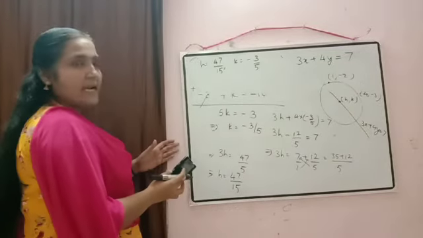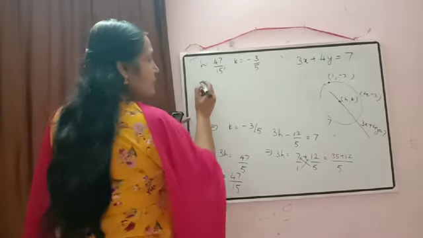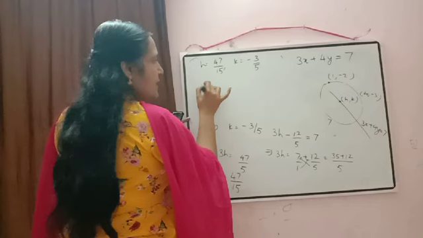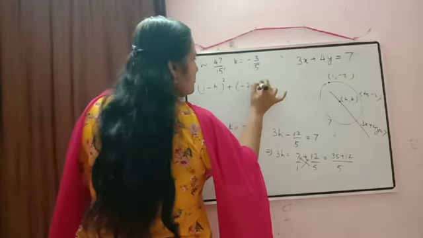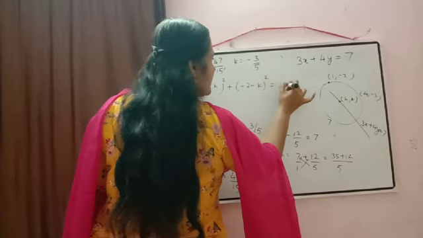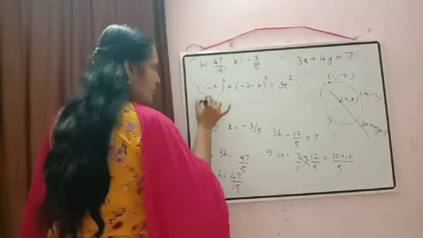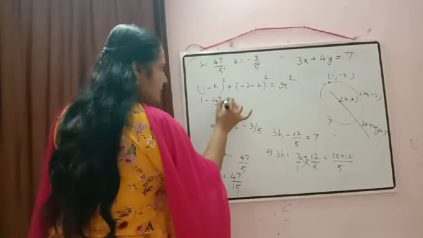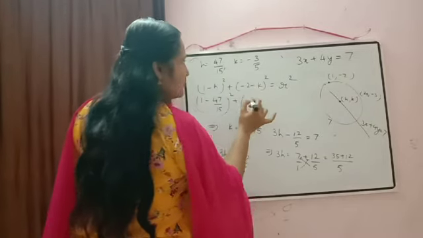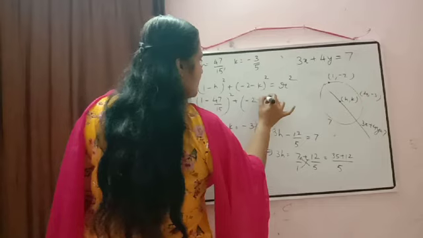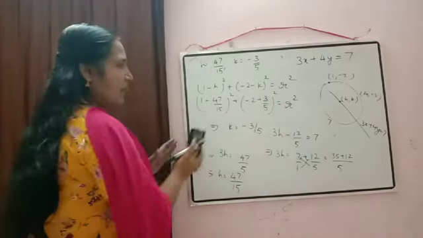Now we want the radius to calculate the equation of circle. So the one which we wrote there, I think we wrote in this way, 1 minus h the whole square plus minus 2 minus k the whole square is equal to r square. So here we can substitute the values. Then what will come here? 1 minus 47 by 15 the whole square plus minus 2, value of k, so minus into minus will be equal to plus 3 by 5, the whole square is equal to r square.